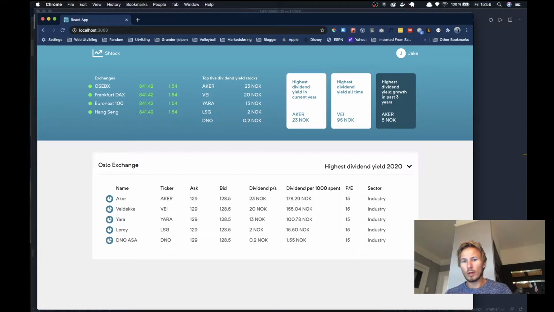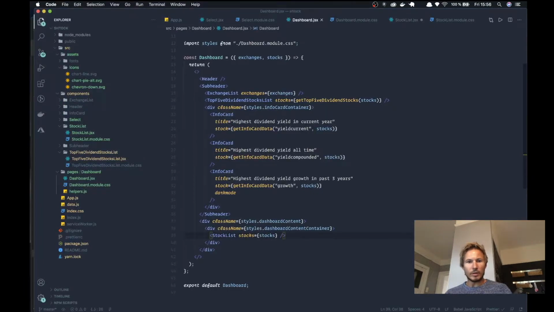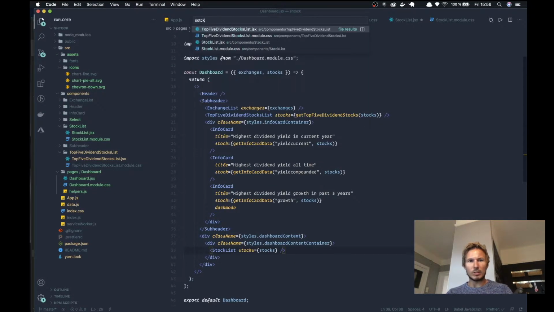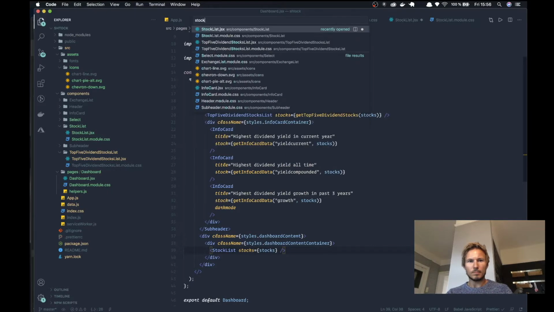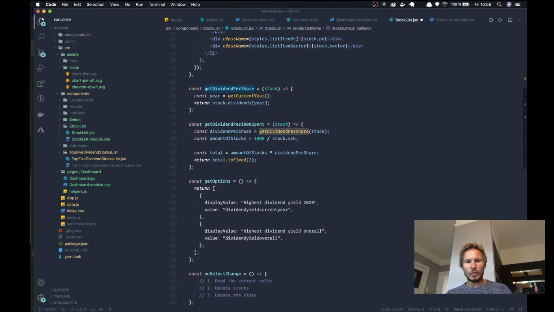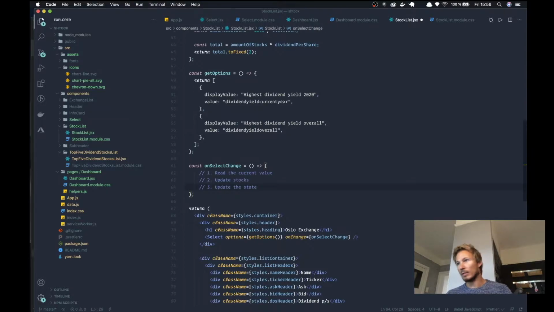Okay, so let's go ahead and implement the select box logic. In our editor, let's go to the stock list. What we need to do is implement this onSelect handler. Inside here, we want to read the current value, and then we want to update the stocks, and then update the state, because now our stocks come from the app